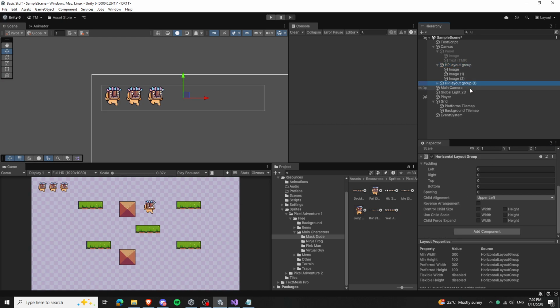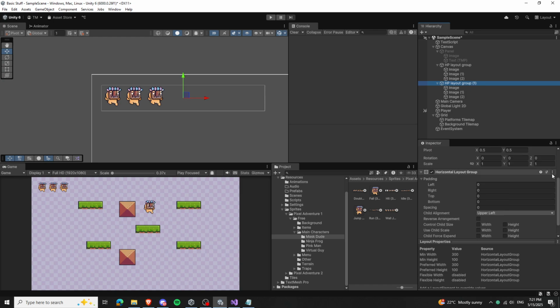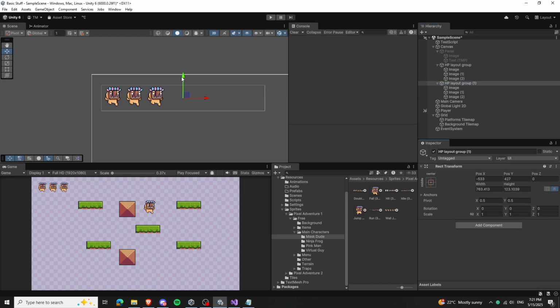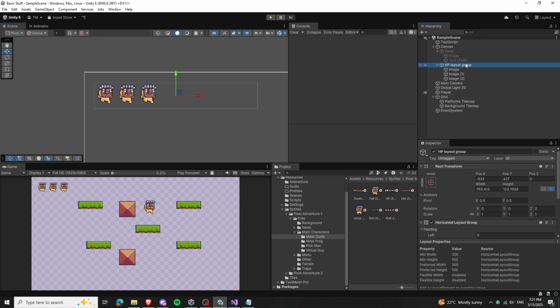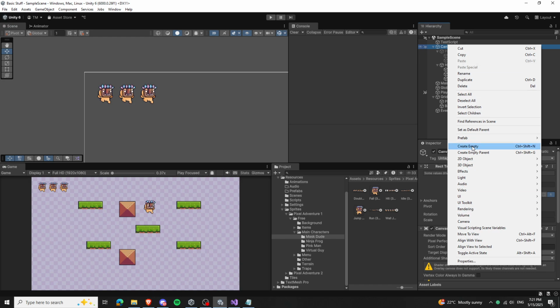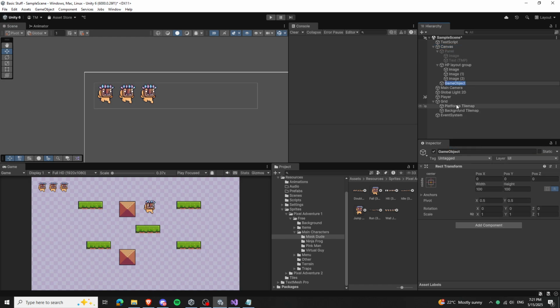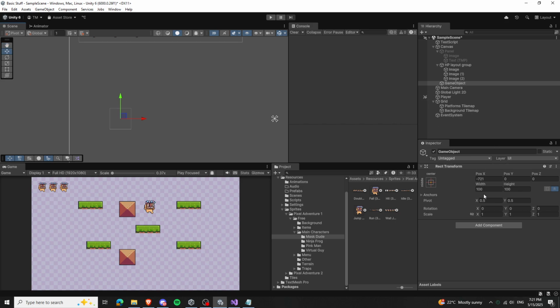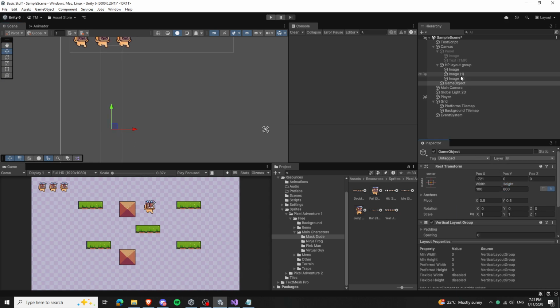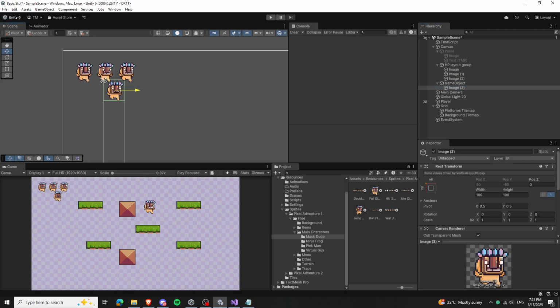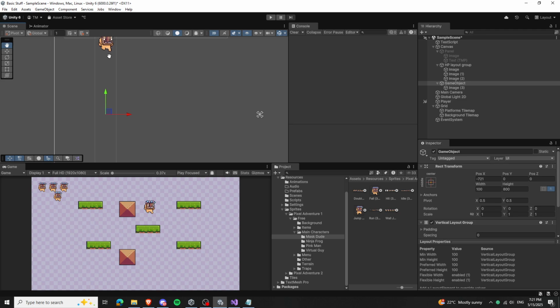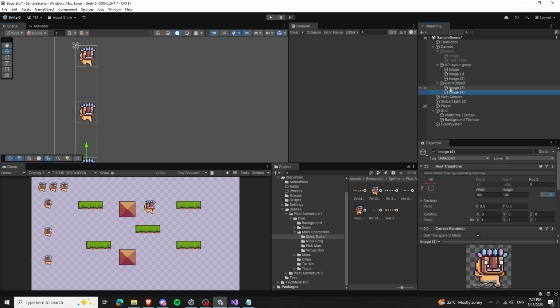But let's duplicate this and change this from horizontal. Let me take that and resize. Actually, we need to wait. So that's vertical layout group. But let me show you, sorry, this is horizontal. Let me show you the vertical. How do we do this? Vertical layout group. Let me copy that. So that's the same, but it is vertical. You see,